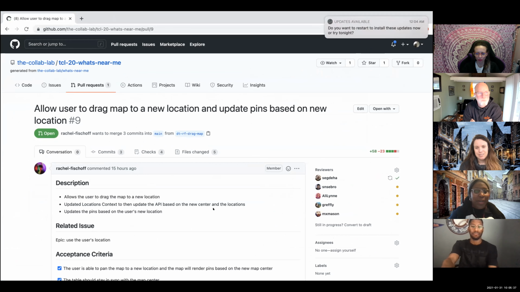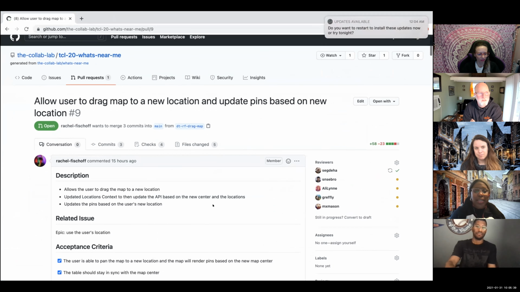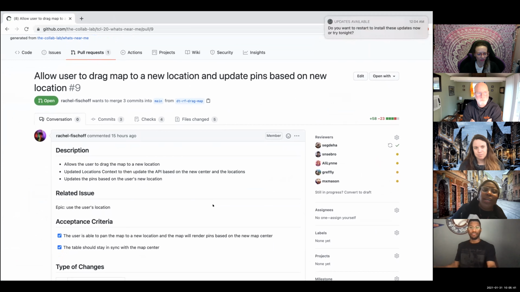Okay, so this is what we had to do. EJ helped me out a bit because I was halfway through the concept. Our task was to allow the user to drag a map to a new location and update pins based on that new location. I think once you see the visual it makes it simpler, because it did feel a bit complex initially.